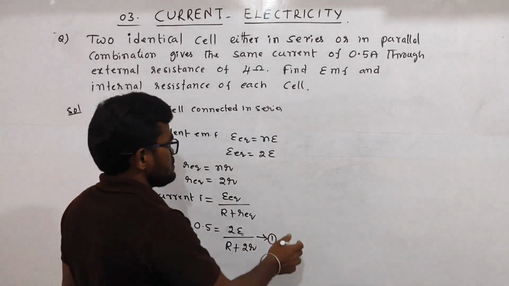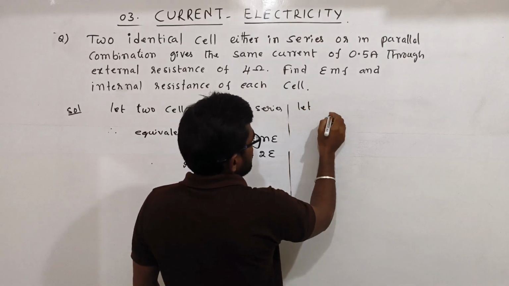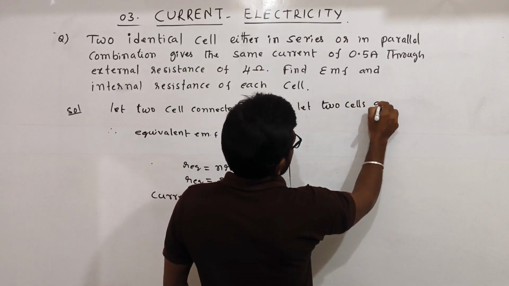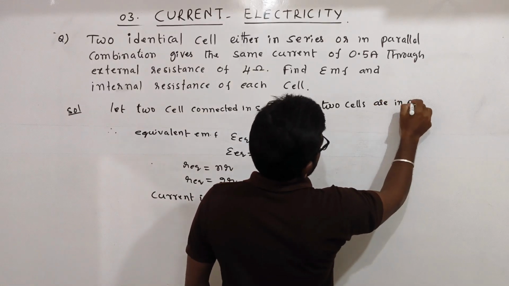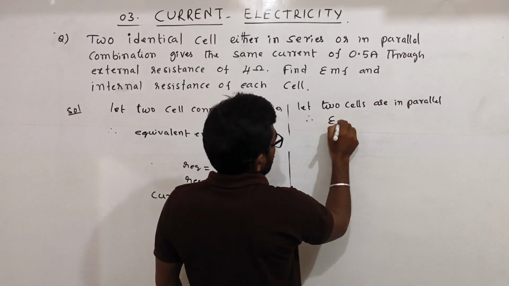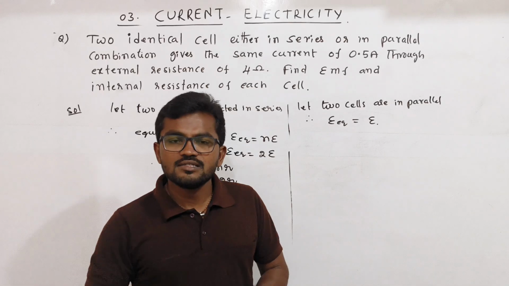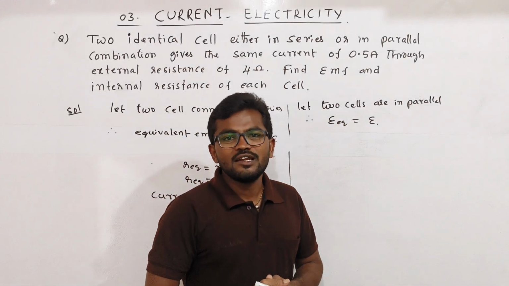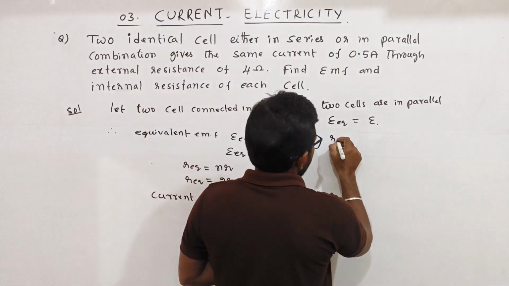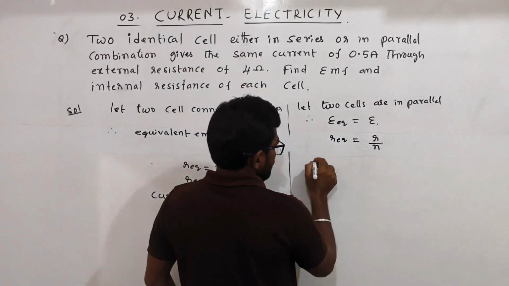Similarly, for the second case, let us consider two cells are connected in parallel. Then E equivalent is equal to E only. When n identical cells are connected in parallel, the equivalent EMF is equal to the EMF of one of the cells, that is E only. Then R equivalent is equal to R divided by N. Therefore, current